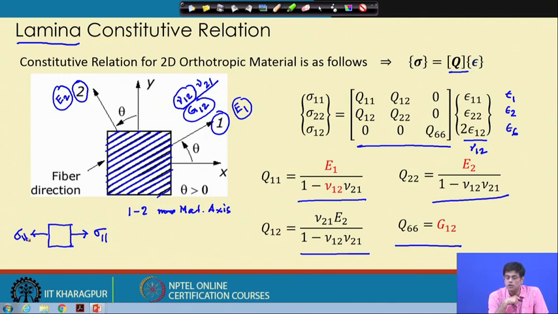The compliance relation we also know, that is epsilon is related to S and stress sigma. So for each sigma, how each epsilon will come out, we have seen for the 3D case. Similarly, another loading case we will consider, where we give load only in this direction, which is sigma